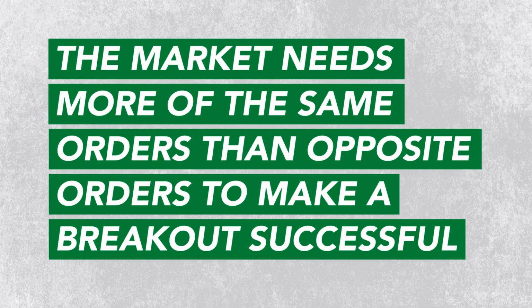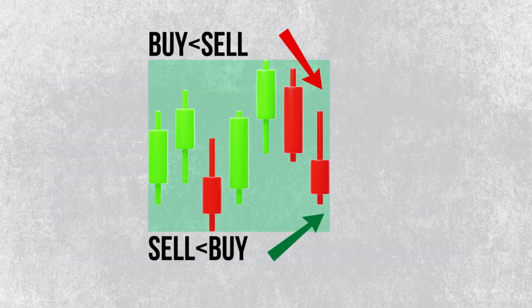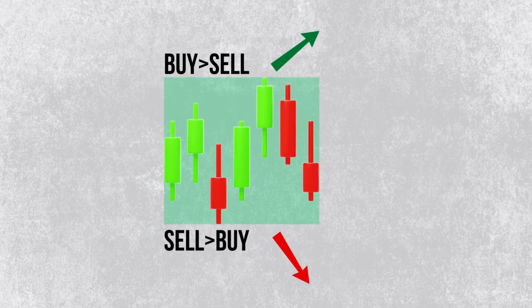If it wants to continue in the direction of the breakout, it must have more buy orders than sell orders in the buy-side liquidity zone. In the absence of enough buy orders, the market must make a U-turn and return to the structure. On the contrary, if the market wants to fall below the swing low or the lower end of the market